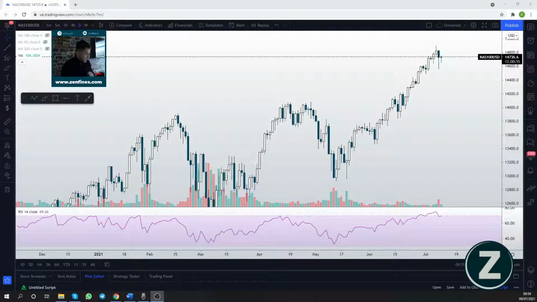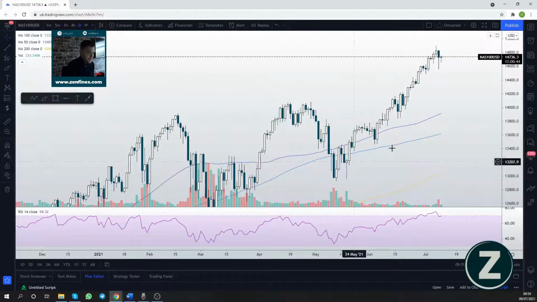And I've just got the daily chart here at the moment, and I'm adding our indicators as well. So adding our 250 and 100-day moving averages, which we're trading considerably away from at the moment. And previously, when we've been trading away from these moving averages, we do get a move back towards them, which is point number one. Point number two, have a look at this.